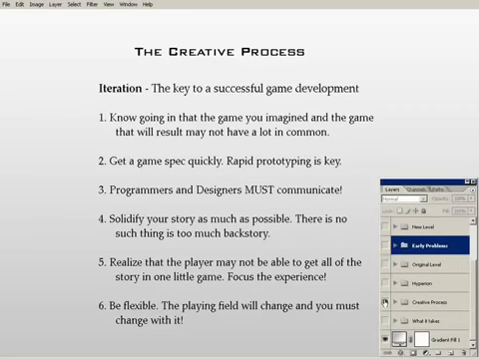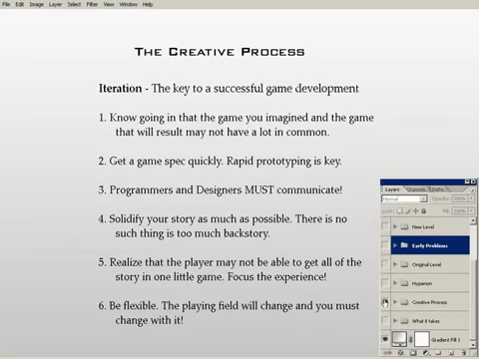Everybody's going to talk about it, and then you're all going to go right back to your workstations and work on it some more. From that, you're going to churn another version of the game, and then you're going to talk about what worked and didn't work on that, and then you're going to come back and do it all over again. You're going to make all these different iterations of the game, and throughout that process, you're going to develop your final game. It's going to grow from that experience. So that's what I mean when I say iteration. And it's very, very important in any game development environment, especially involving any kind of team.